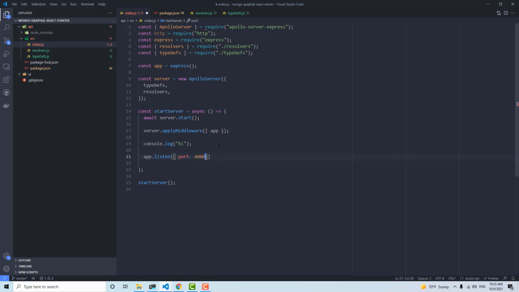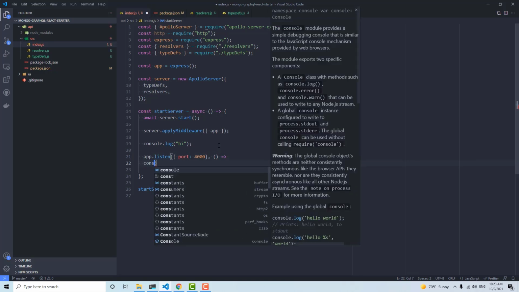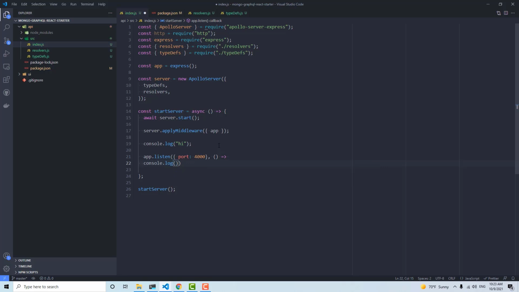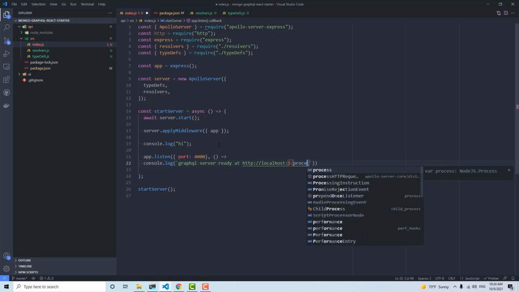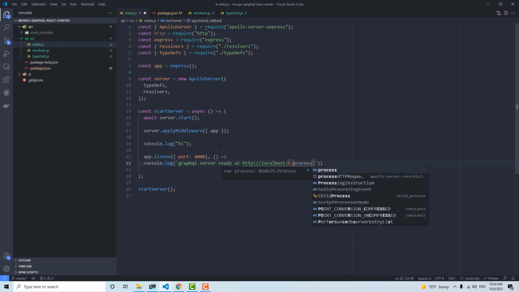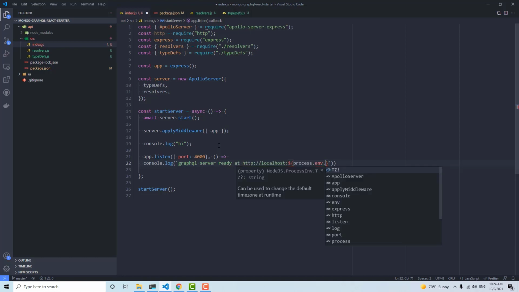So I'm gonna say 4000, and then we have a function here that basically just says console.log, and we can say GraphQL server ready at http localhost. Well, we can set this up in an environment variable if you want. So process.env.port,